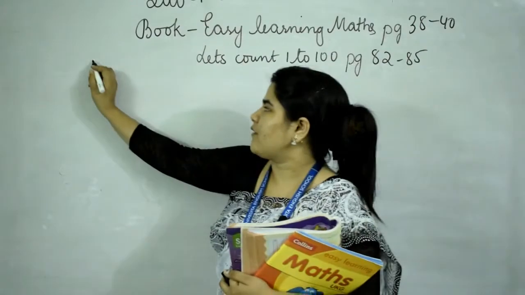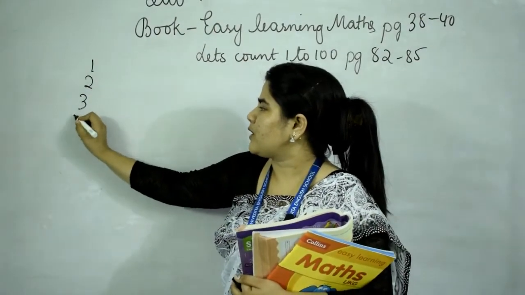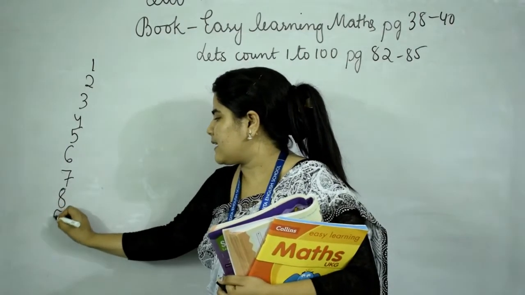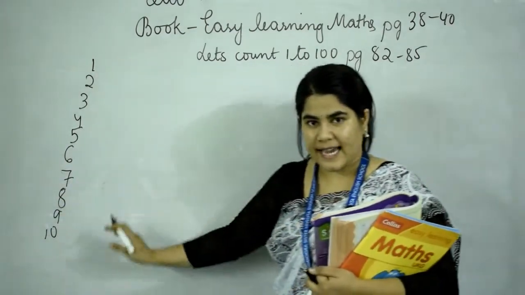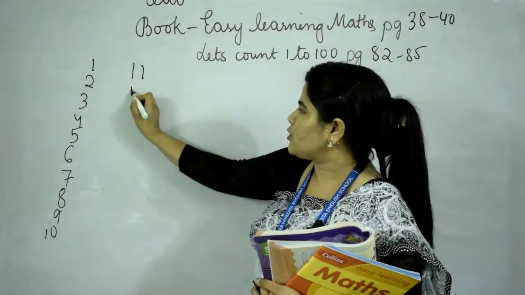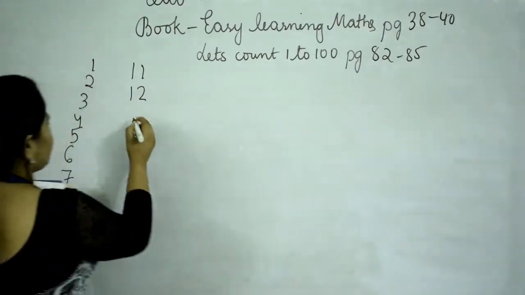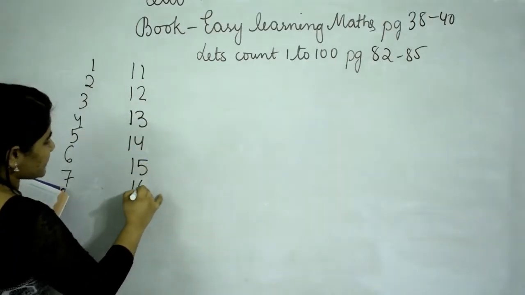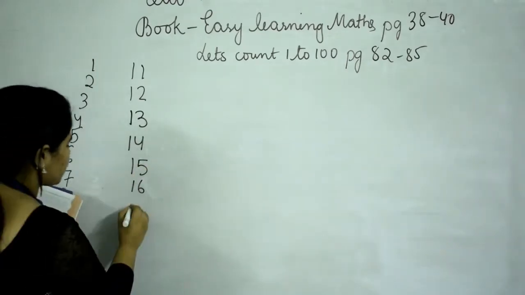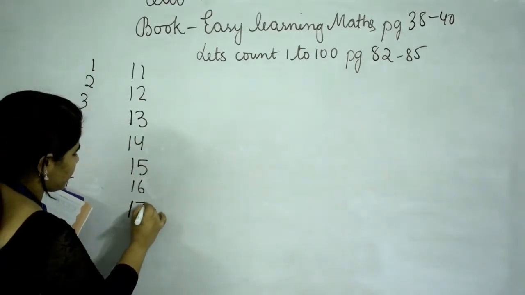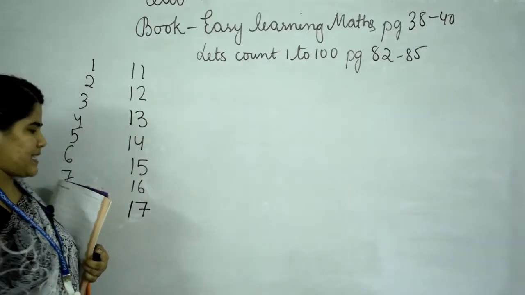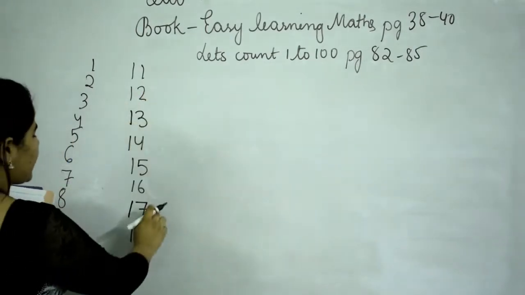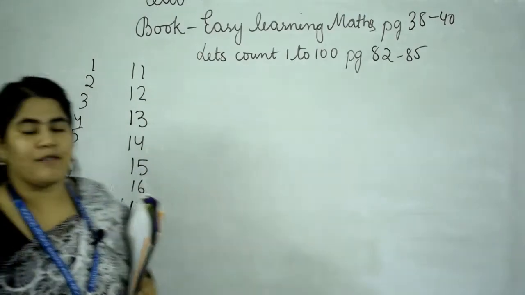We have already finished up to 1 2 3 4 5 6 7 8 9 and 1 0 10 in a single line, and for 11 12, in this way you will write 13 14 15 16. Till 16 we have already done. So now we will be doing 17, one standing and again in this way 1 7 17, and for 18, 1 8 18. In this way you will be doing the numbers 17 and 18 that we have learned today.